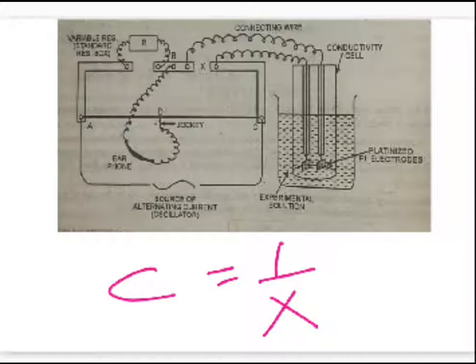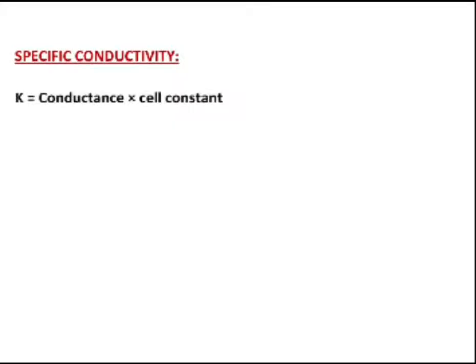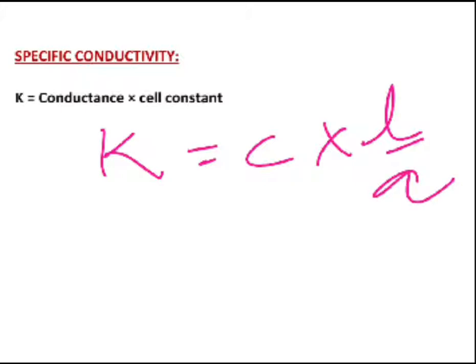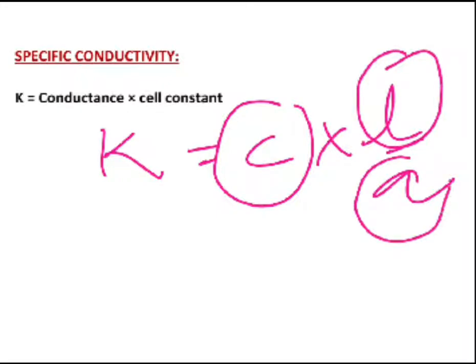How can you proceed with an experimental procedure? Now let us find out how can you calculate the specific conductivity. Specific conductivity, or simply conductivity, is given by this particular expression, that is K, specific conductance, is equal to C into L upon A, where C is the conductance of the solution, which you have already seen how to find out, right? Then on that terms, what you can say, specific conductivity of a solution can be determined by measuring its conductance and the distance L between the electrodes and the area of cross section of each of the electrode.